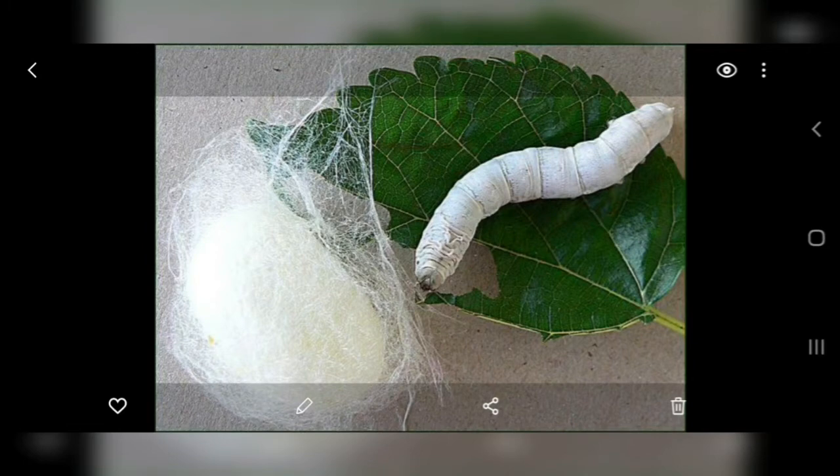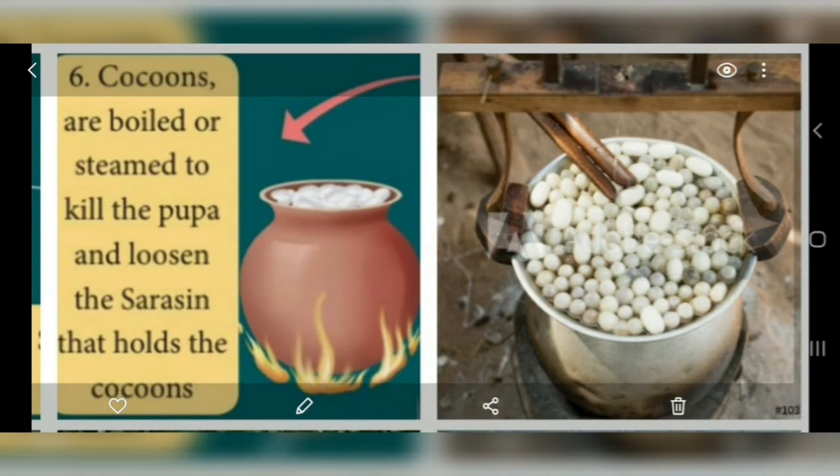The silkworms spend about 5 days producing silk and spinning its cocoon of a single long thread. The cocoons are boiled to make it easier to unwind the silk and kill the pupae inside. If the silk moth were allowed to hatch, the long silk fiber would get torn by the hatching of the moth.